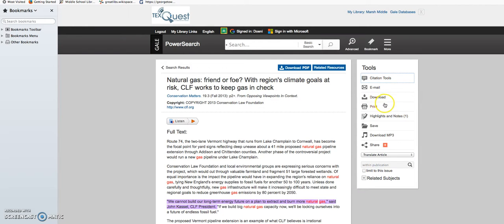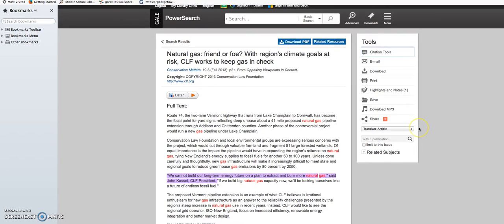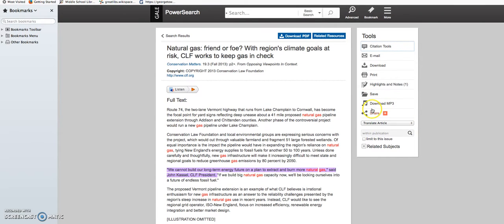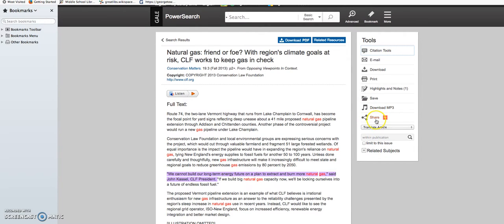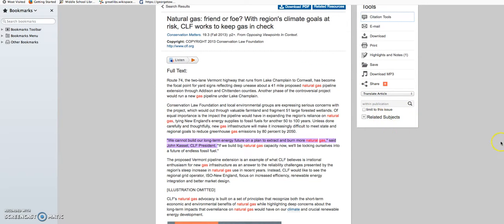You can also print it, and you can highlight. I can see I have one highlight already on this article because I looked it up before. You can save it. If it has an MP3 version, you can download it. You can share it. You can also look for related subjects.